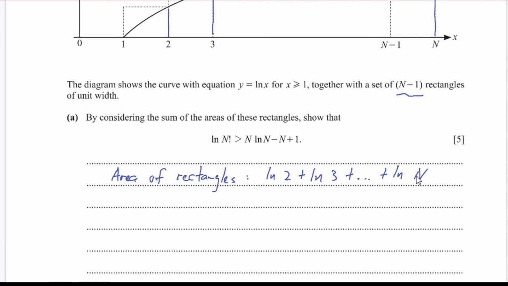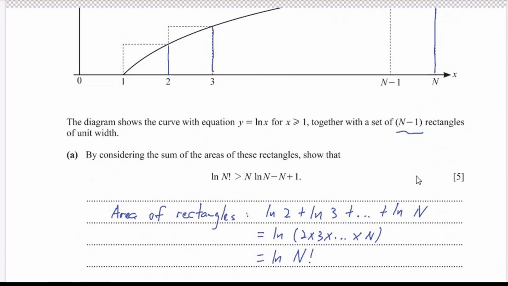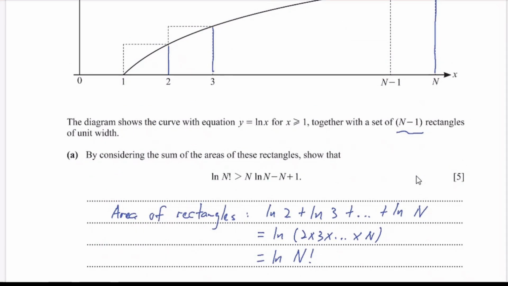Okay, so basically this gives us ln 2 times 3 times so on until n there. So this is why it's actually giving us ln n factorial. That is why we get the left-hand side of the inequality. Now, how do we get the right-hand side from there? We are comparing, because we actually have